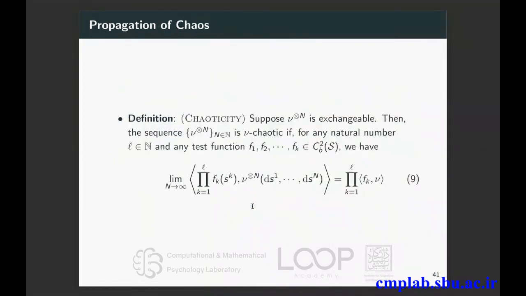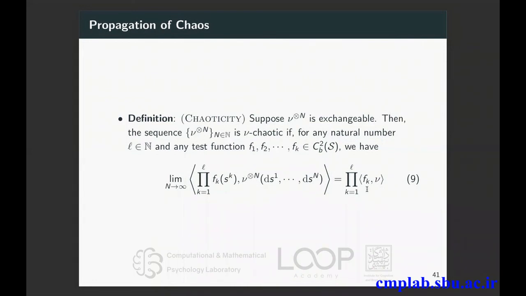The next definition is chaoticity. Chaoticity means that if I have a measure on the product space and I integrate test functions with respect to this product probability measure, then when the dimension of this product measure goes to infinity, I can separate this measure. So the measures become